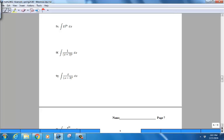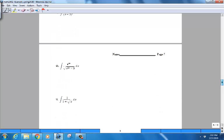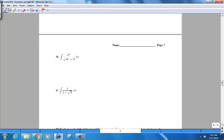Same thing, okay? Substitute x minus 3, all right? But this one is going to require more work, all right? So the substitution is not going to go nearly as nicely as it is here. So this one does require some steps, all right? But you would try that with substitution, okay? This one also is substitution. Substitute for the denominator. Again, that's going to require a little bit of extra work. This one,